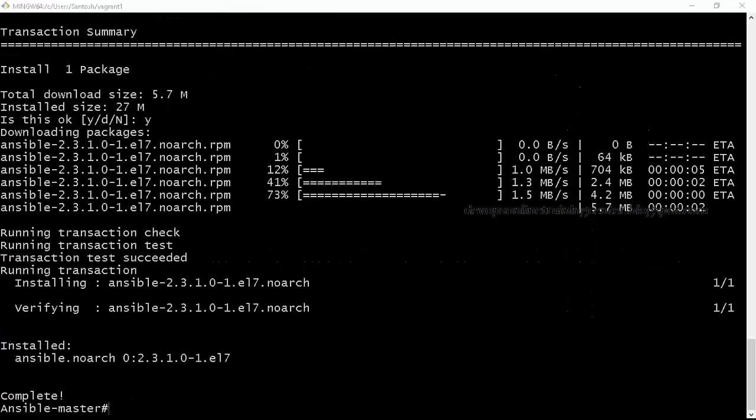This is the box which we are using, so if you use the same box, you don't have to do anything. It is installed by default.